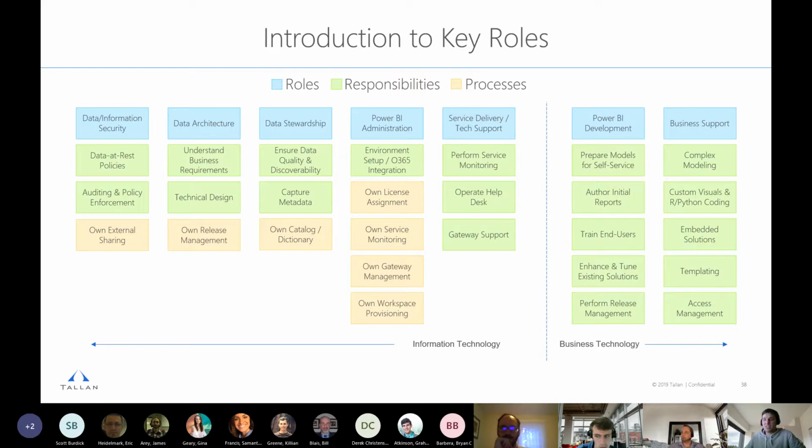You may have multiple hats in this case, but it is very important to create the documentation to actually assign the roles within your organization. Again, I mentioned educating the executive sponsor is probably the most important part. I think this is probably the second, just understanding that there are a bunch of roles and responsibilities in a successful Power BI deployment, and actually cataloging these assignments is crucial to the success.